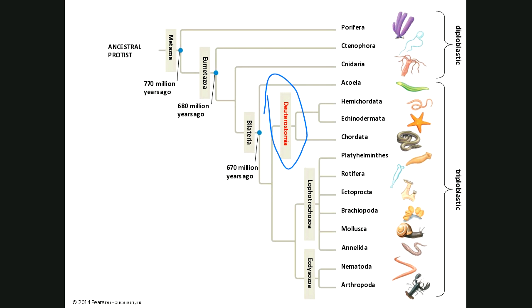Deuterostomes and protostomes. All of these here are the protostomes, right? And then the deuterostomes are the ones in which the anus forms first and then the mouth forms. Now, there's 3 groups in that we'll talk about. A small group, the Hemichordata. We won't really talk about them too much. The echinoderms, which is what we'll talk about today, that's our last true invertebrate.